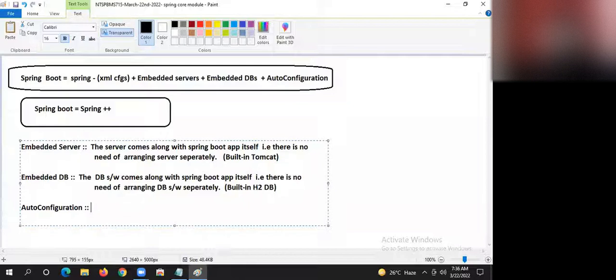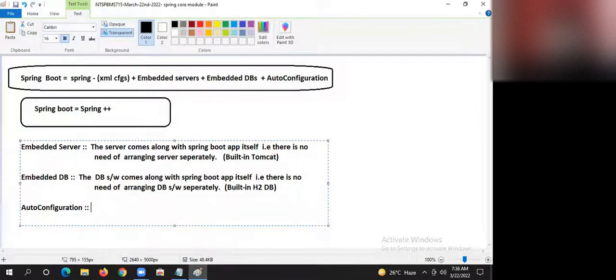Similarly, based on the jars that you are adding, the modules that you are adding to the project, Spring Boot comes to one conclusion. This guy is in the mood of developing a distributed application. This guy is in the mood of developing a standalone application. This guy is interested in so-and-so database connectivity.